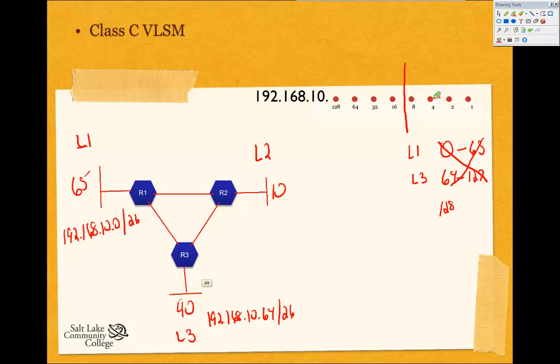Draw our line. We found 4 bits is enough for 10 users. As a matter of fact, we'll end up with 14, a little room for growth. It's going to grow in increments of 16. So that would be 16 and 128 is 144. So we're at 144. Right, so that's enough right here. We can stop. So 143 is the network range. We're going to come over here and assign that number of